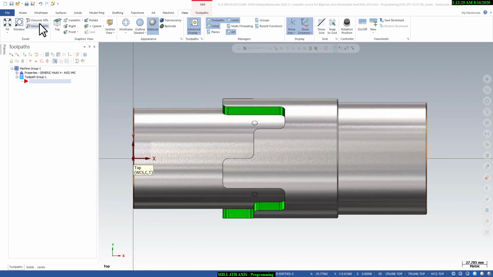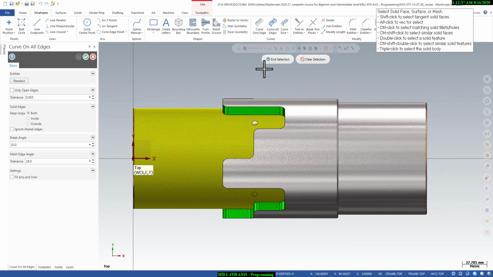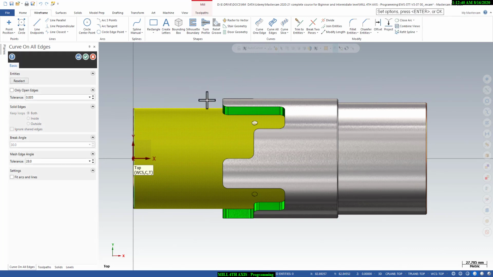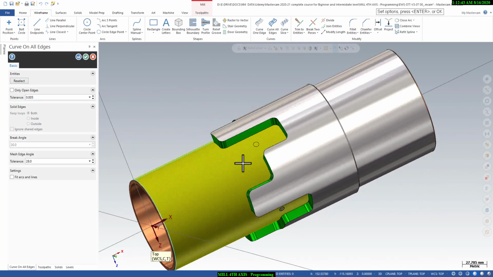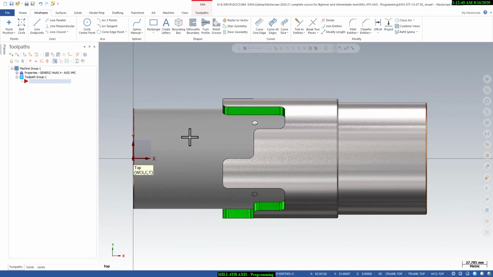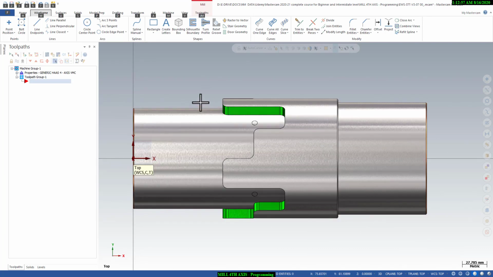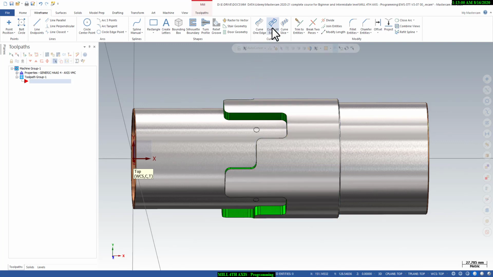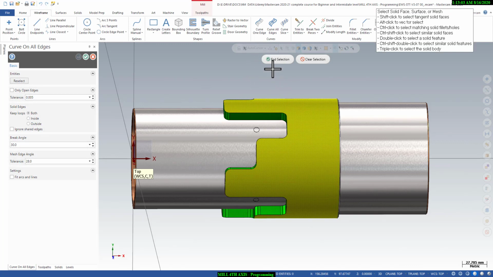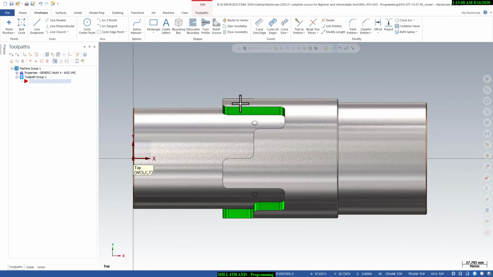First of all, I will go to the wireframe tab and create a curve by selected surface. I have selected the surface, and then I will say okay. These are all the wireframes. I think this surface is completely a single surface, so we can't create a curve on that face, so we can use this surface also. Go to the curve all edges, select this face and then say okay. So we got the wireframes which we need.